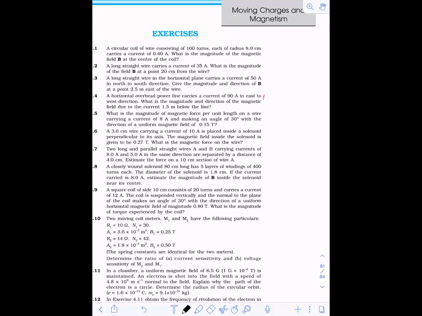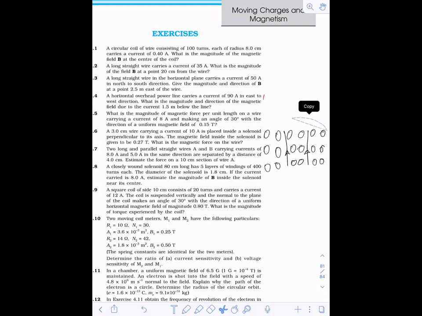So we know that this involves two parallel current carrying wires, which we have studied, if you remember. We had drawn a beautiful figure like this. At so many points we saw the direction of the magnetic field due to these two wires. One wire I had taken in black color, one in blue, and this one in red color. So that concept it involves.